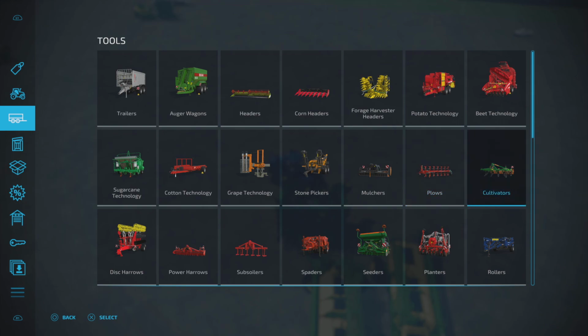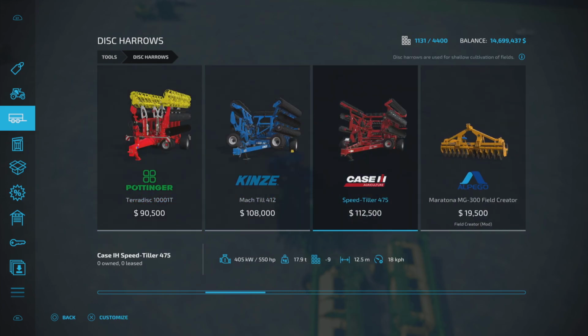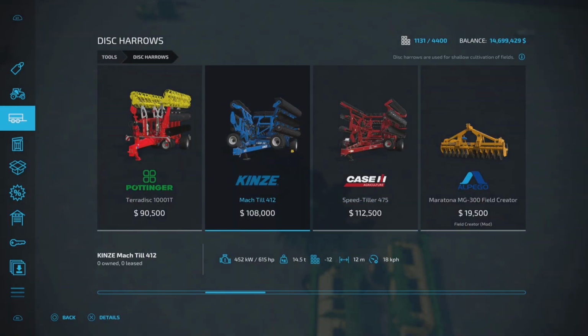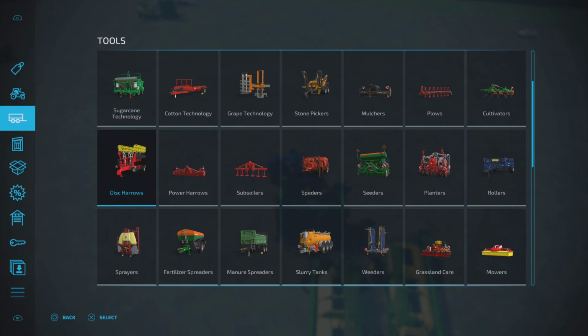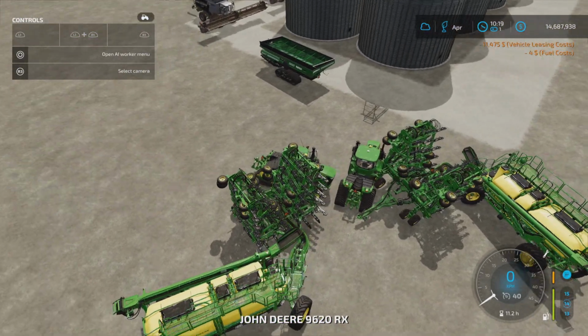Alright, let's get some different cultivators on the go. So let's try the, where were we? Disc harrow. So this has got a little slightly less horsepower requirement. 615 horsepower. I think I'll just go the Case IH. So I'm just going to lease 2 of these. And I'm just going to use one of my...